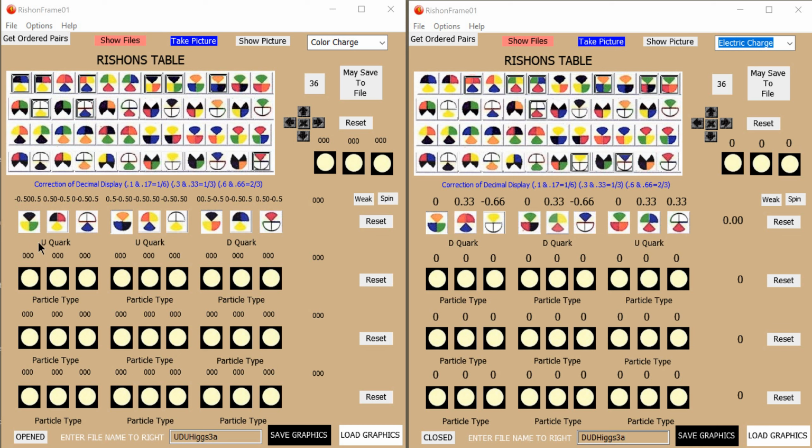And so for the proton, we have two U quarks and a D quark. And for the neutron, we have two D quarks and a U quark. And if we look, we'll see that the U quark is composed with what we do call a T prime Rishon,